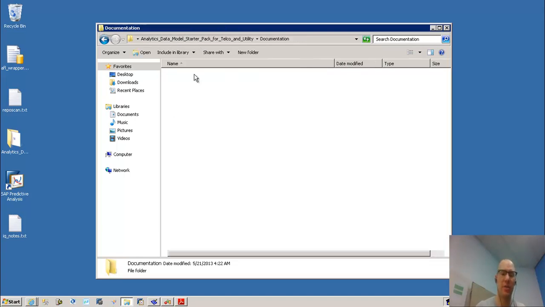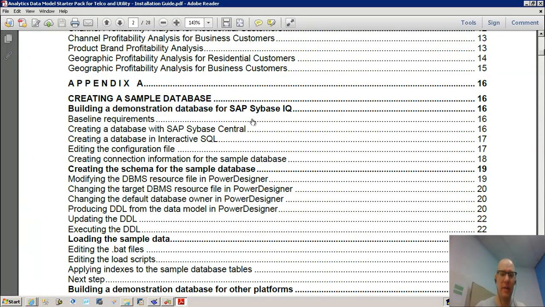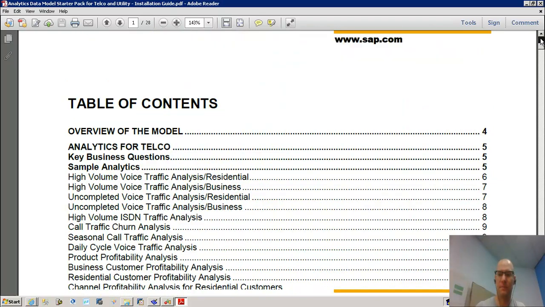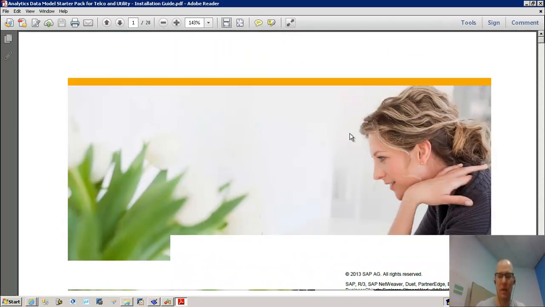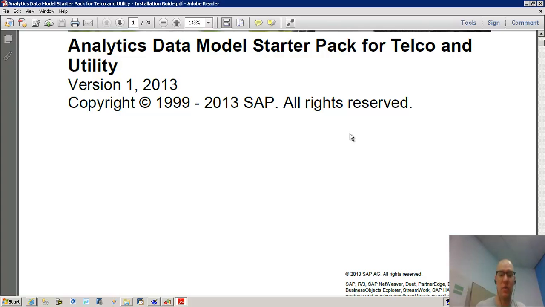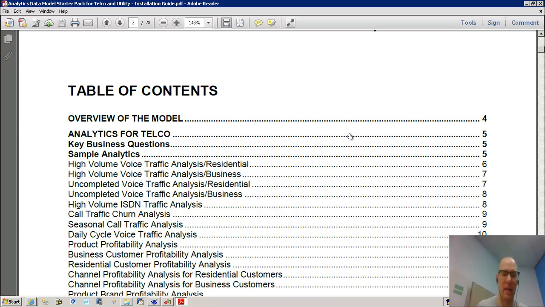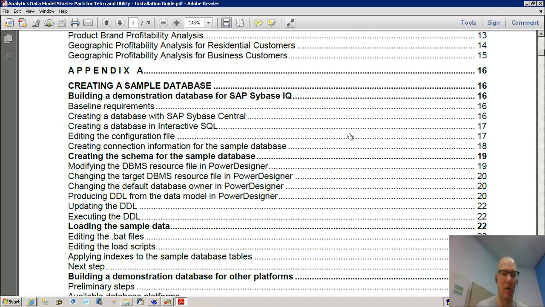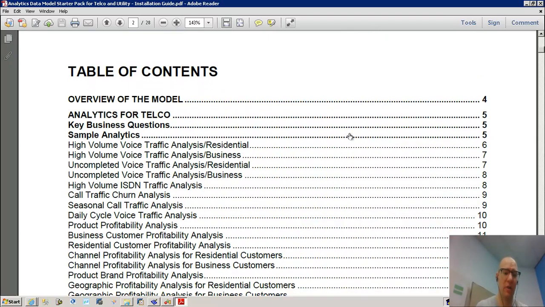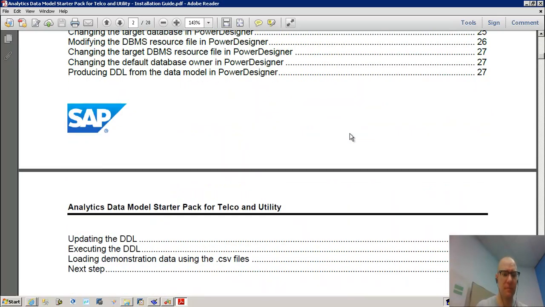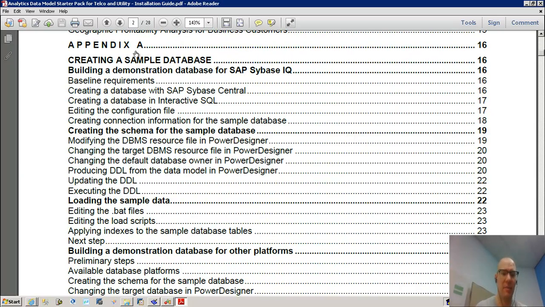So let's go back to our documentation. I've actually got it open here already. It's a 28-page guide, and the first part of it talks about key business questions and the sample analytics that are involved. You can see it's really useful if you're in that industry. But then after that, in the appendix, we have the steps about how to deploy this analytic content: creating a sample database, creating the schema, loading the sample data,